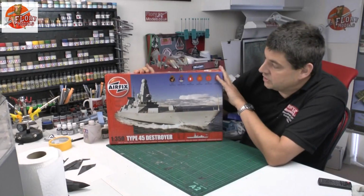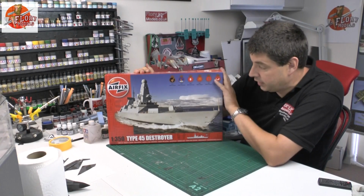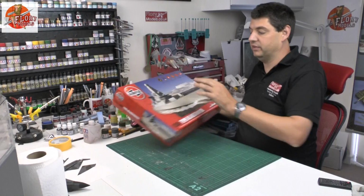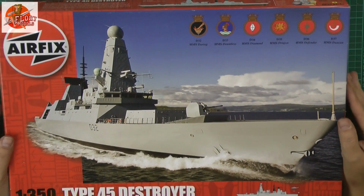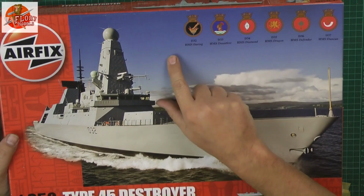Okay, kit review time. Today we've got Airfix's 1/350th scale Type 45 Destroyer. Something a little bit different about this one. It's the new breed of the British Destroyer. As you can see, lovely box art on the front, and obviously the markings we're going to be coming with,